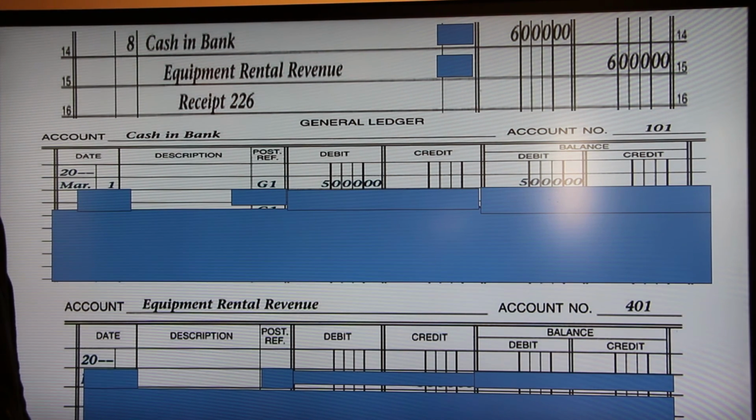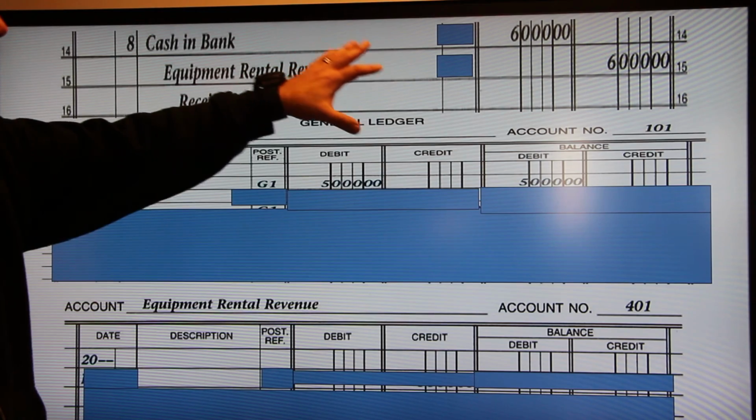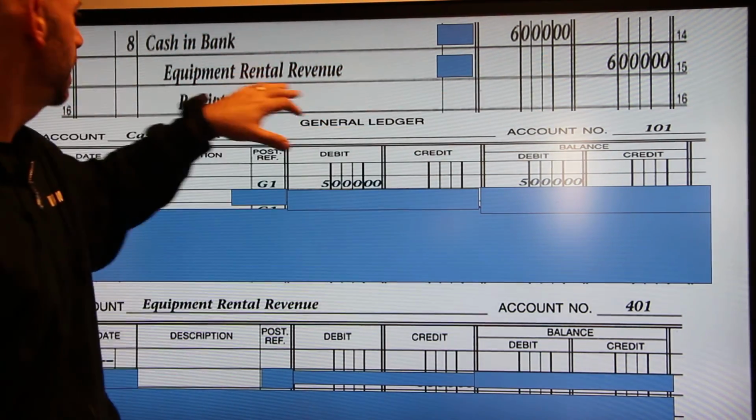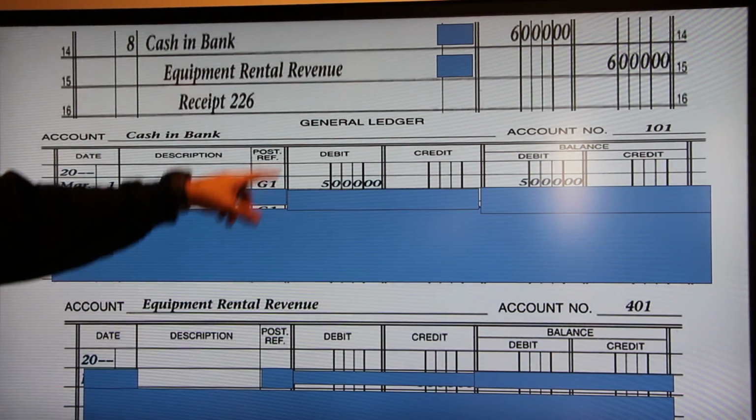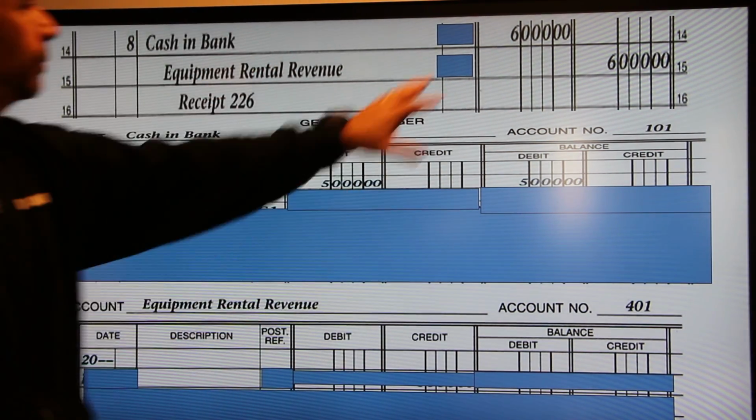All right. Same concept here when we go to cash and bank. We start with cash and bank, debited $6,000, and rental revenue credited $6,000. So we go through the process. The date was March 8th. We got it from General Journal page 1. We debited here